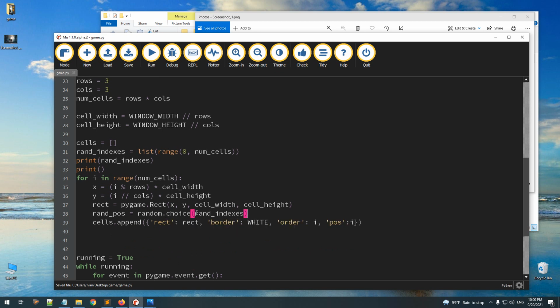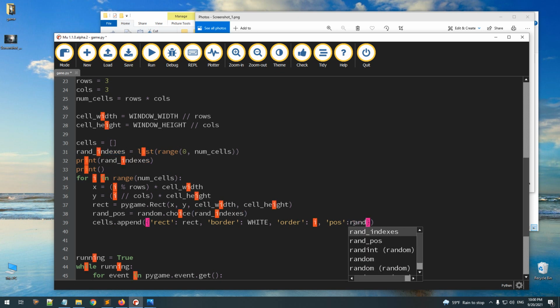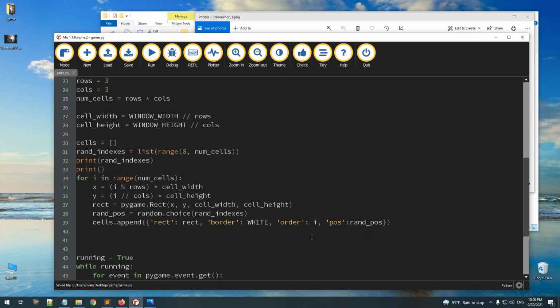This function will get a random element from this list, which is from 0 till 8 including. So it will generate a random index, and then I'm gonna assign it to random position. Now the problem is that if I run this one,